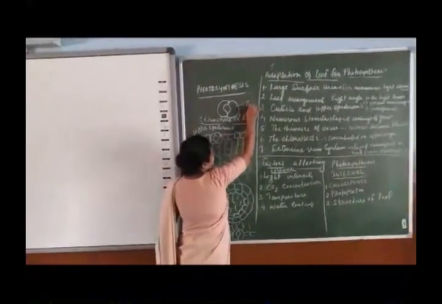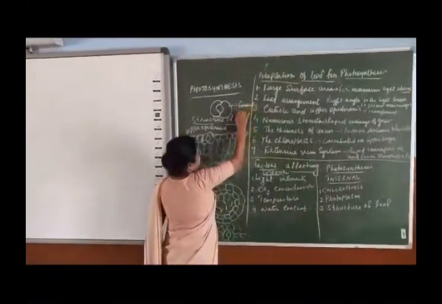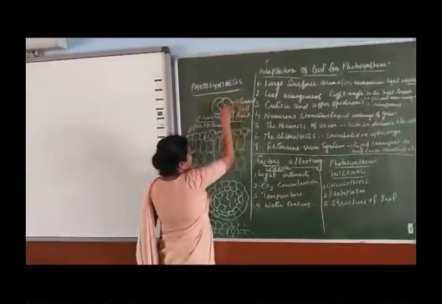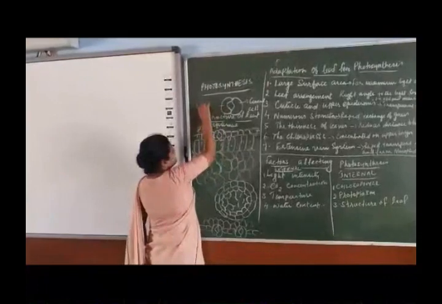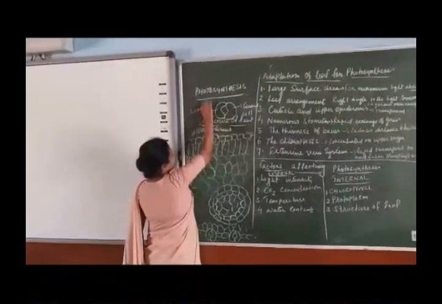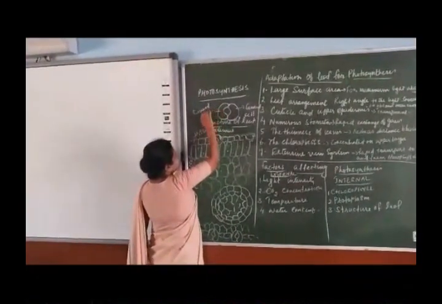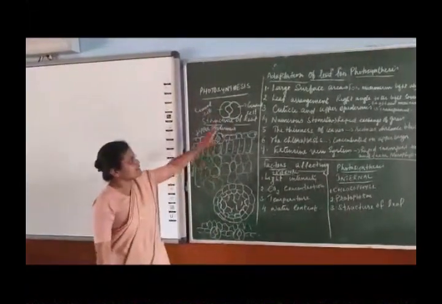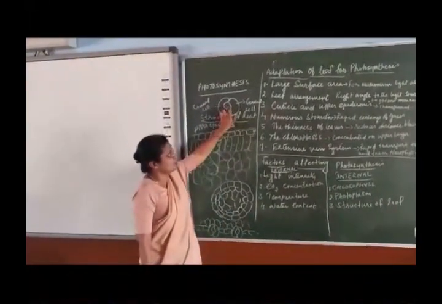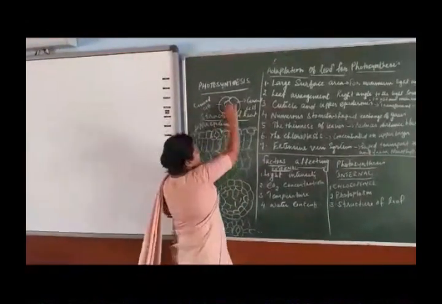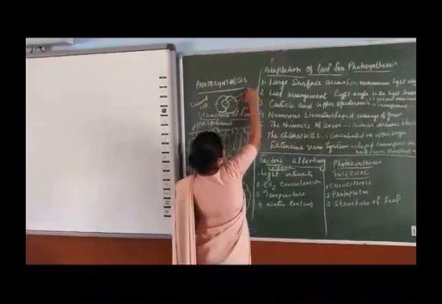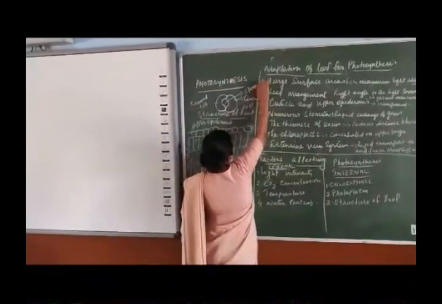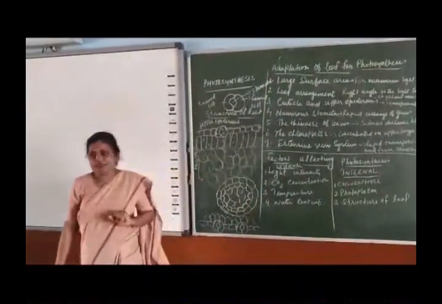So this is your guard cells. This is one guard cell. This is another guard cell. Both of them together unite, and the cells they form are in a kidney-shaped structure. So you have a pore at the center, and this pore is called your stomata. And often in the examination they ask you to differentiate